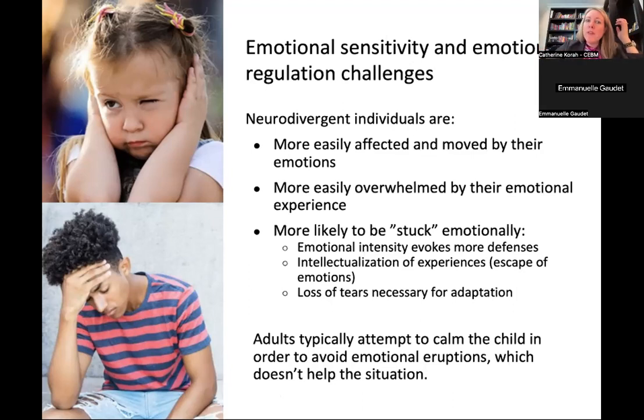And when we try to avoid the emotional eruption because it is too intense to manage and to handle, then it may give the message to the child that that's not acceptable, that it's not okay, that there's no room for them to be able to express themselves. They may feel embarrassed about that experience, feel shameful, that they shouldn't be feeling the way that they do, and so forth.